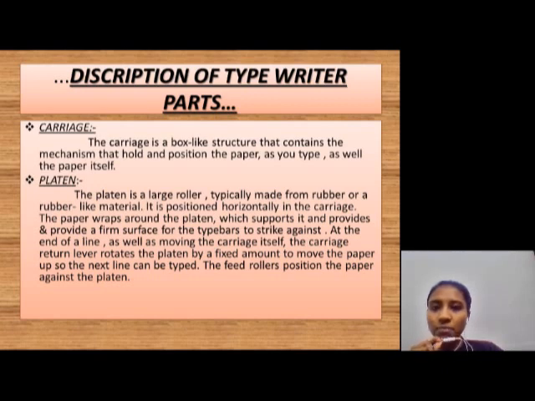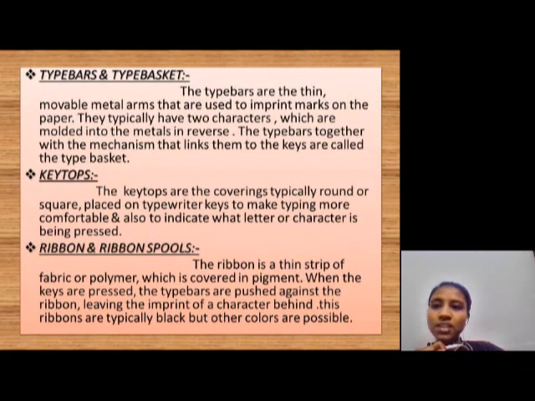When the type bars strike the surface of the paper, the carriage moves from its position, and on the changing of a paragraph, the return lever rotates the platen by a fixed amount to move the paper. The feed rollers position the paper against the platen. Next, type bars and type basket. The type bars are a